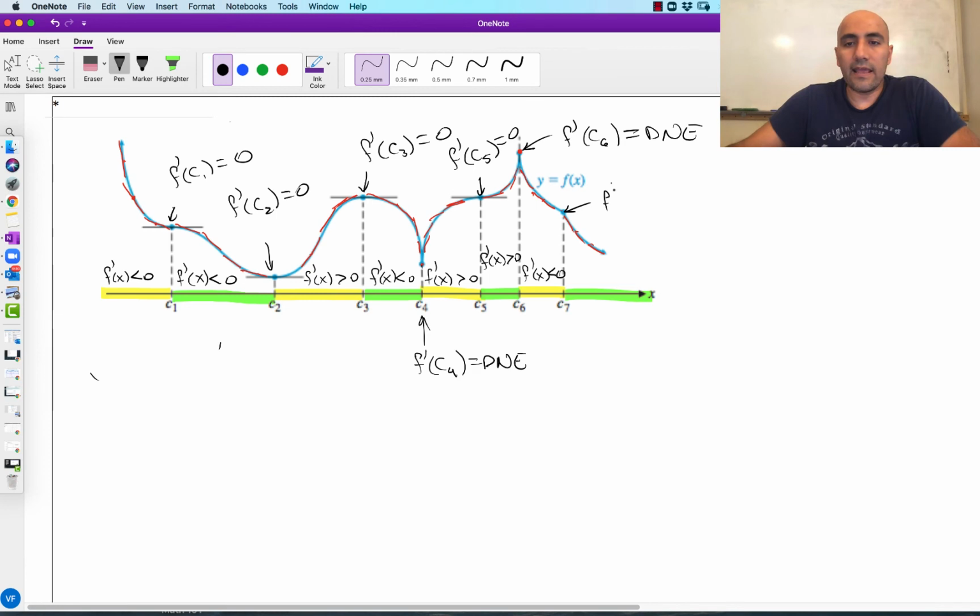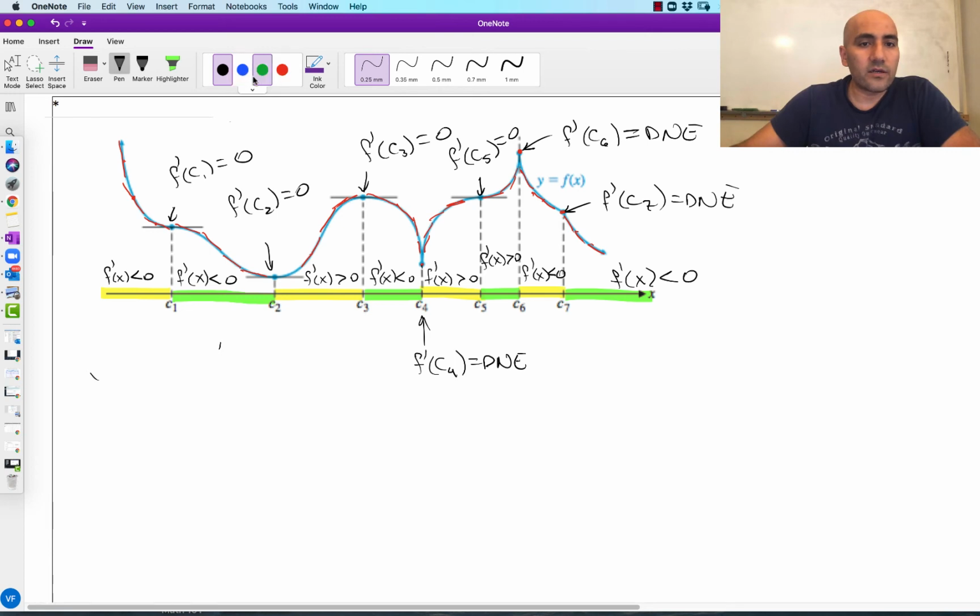And then again, f prime of c sub 7, we end up with this sharp point there. So it does not exist at that point. Right? At this point right there, we end up with a sharp corner. And then for the last interval here, f prime of x is negative as well. Good. So wherever the derivative is negative,